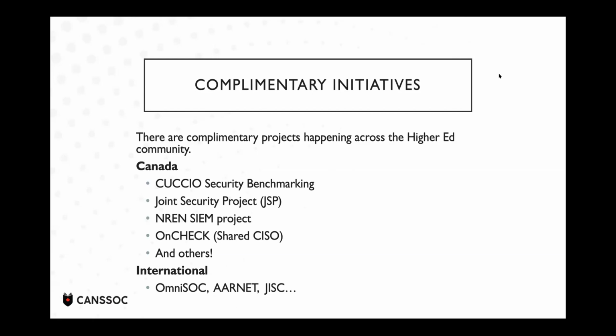Going further afield, the regional networks, or the NREN equivalents in Australia is ARNet, although I probably said that incorrectly, and some of the people from the NREN are going to correct me afterwards. But they're looking at a national initiative. We've been talking to them. They've been talking to OmniSOC, and they're moving forward. And as well in the UK, JISC is working on some things, and we want to keep those connections together. And that comes back to that global piece that I said, that it's important for us to think about this nationally, because I think we will be collaborating with these organizations over time.